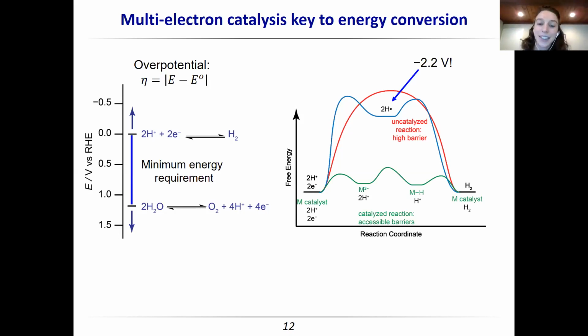Instead, if we use a catalyst, let's say I'm just representing the catalyst as M, and this could be a surface site, but it could also be an M for a solution phase species. Oh, actually, this one can't be a surface site because of the way I drew it. This is an M for a solution phase species. You could imagine generating intermediates that can stabilize hydride species or H atom species and then go on to make hydrogen. So in this case, maybe you have one step where you reduce your metal species by 2 electrons and make an M2 minus, and then you can form a hydride, and then you can protonate that and make hydrogen. And the barrier to each of these steps is something that we can access, and so catalysis makes this reaction possible.